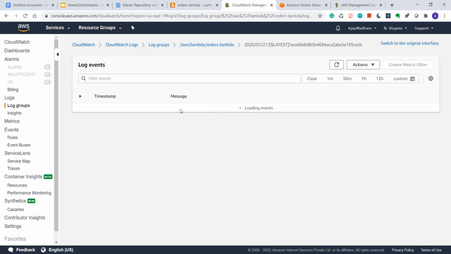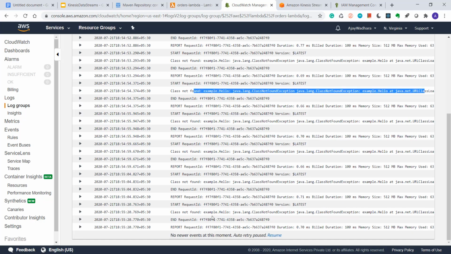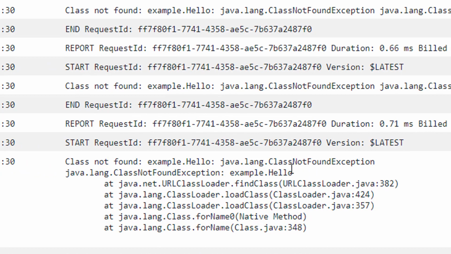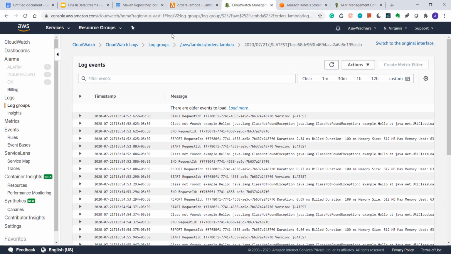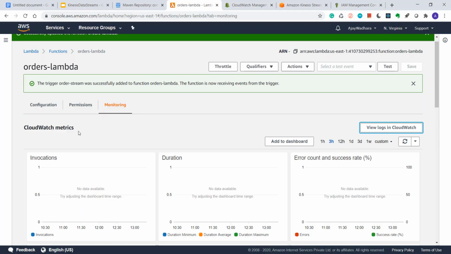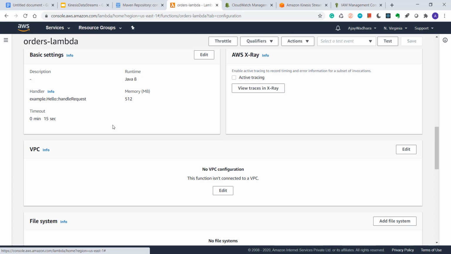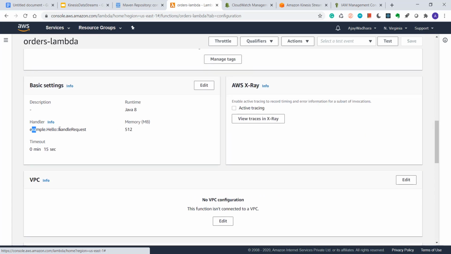I'll click on them. We are getting an exception. Class not found. Okay. So one basic thing that we missed here is, let me stop my producer. In our Lambda function configuration, we have to give the handler information. I'll edit this.